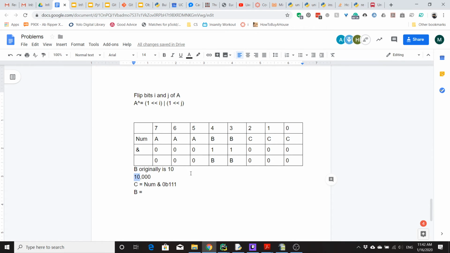Right shift, right? Because if we push things to the right, we're going to move it over to be the spot that we wanted at. So how much do I need to move it to the right by? 3 spaces, right, to get rid of the C. So I like to do it the other way around: take num and shift it to the right by 3, and then we can AND it with,